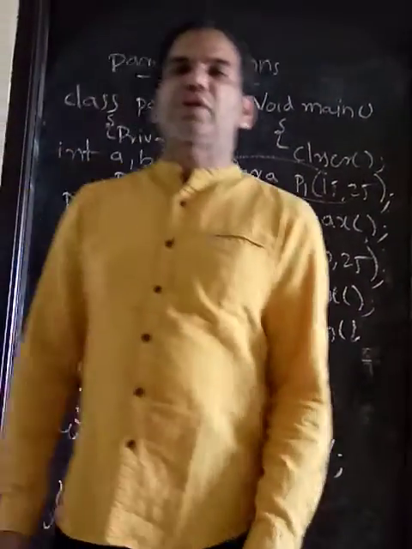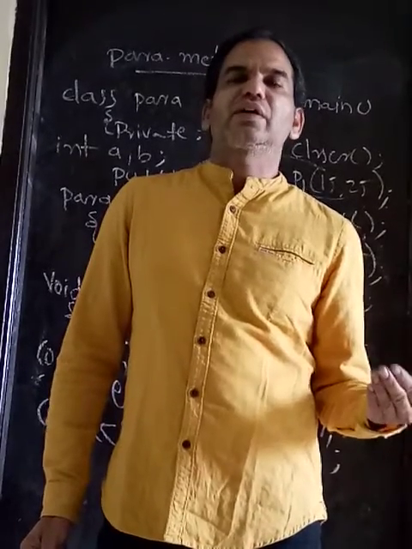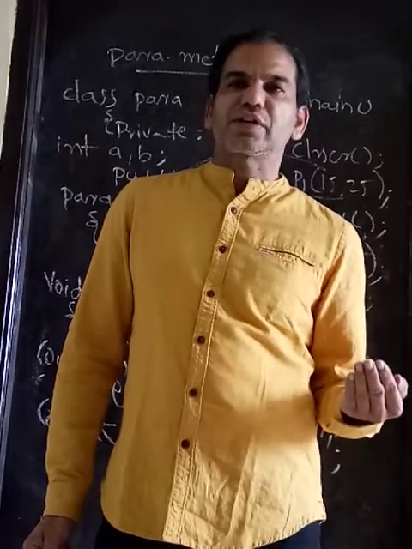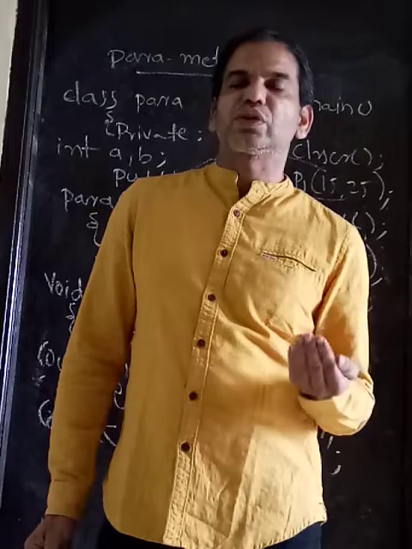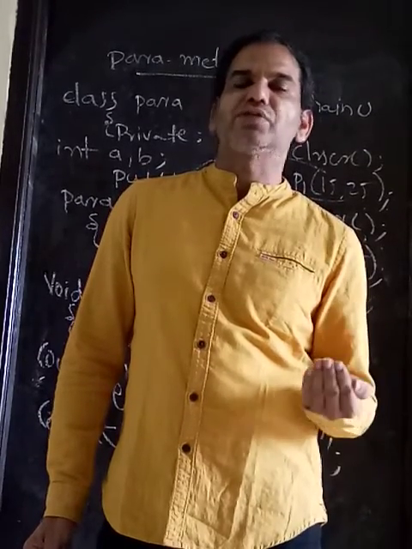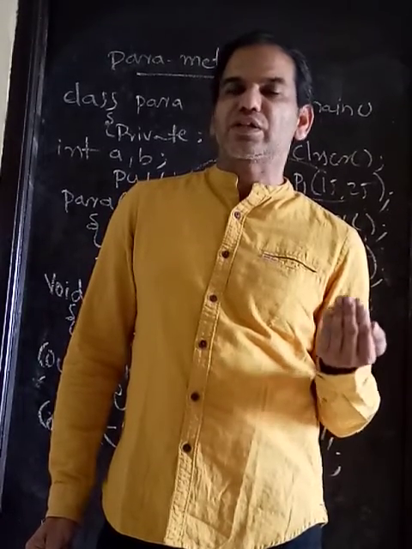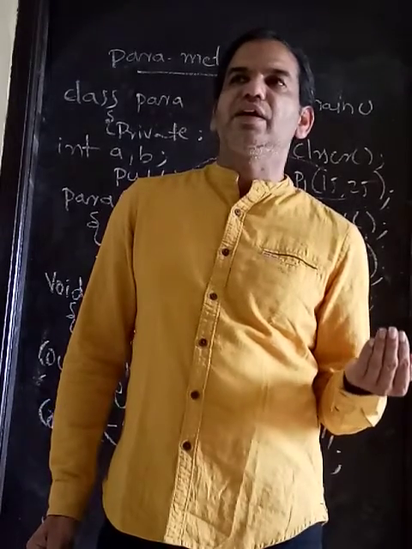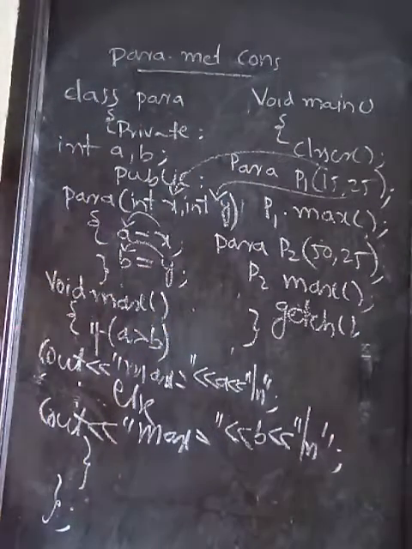There are types of constructors. The first one is the default constructor, in which variable values will be initialized. The next one is the parameterized constructor, in which the constructor member function receives values through the objects. While we are creating the object, at the same time we are passing values. The constructor receiving values through the object is called a parameterized constructor. So this is one demonstration program.